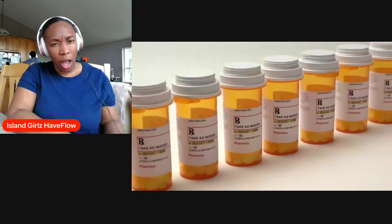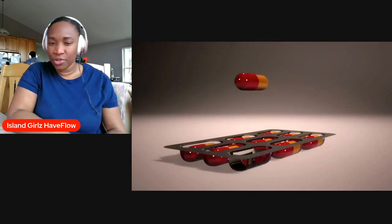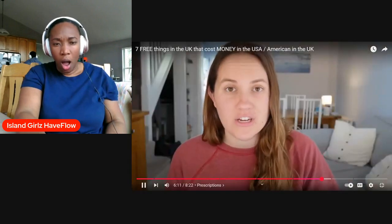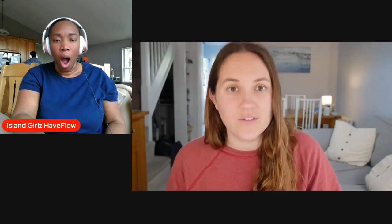In contrast, prescription costs in the US are highly variable and often excessive. The Commonwealth Fund reported that in 2022, the US had the highest per capita pharmaceutical spending in the world, with the average person spending over $1,200 per year on prescription drugs. The price of insulin in particular has drawn public outrage. While a vial of insulin costs about £25 in the UK, in the US, it can cost up to $300. The UK system reflects a public health approach, while the American model is market-driven, with pharmaceutical companies playing a major role in pricing. Now, cultural access is another area where the